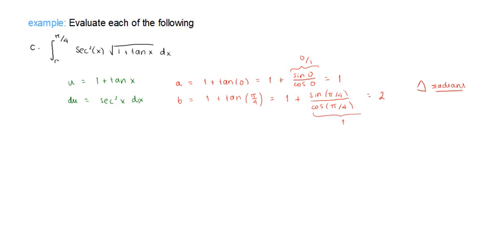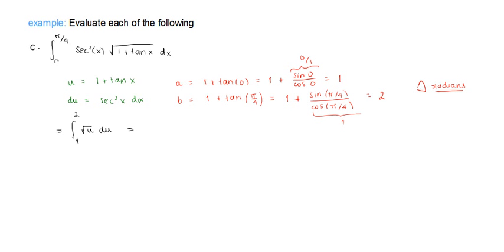Okay, so now I have all the elements that I need in my integral. That means that I can now substitute it as the integral from a, which is 1 in my new variable, to b, which is 2 in my new variable. Then I can replace the 1 plus tangent of x by u, so that means I have square root of u. And then secant squared of x dx is going to be replaced by du. So I have du over here,